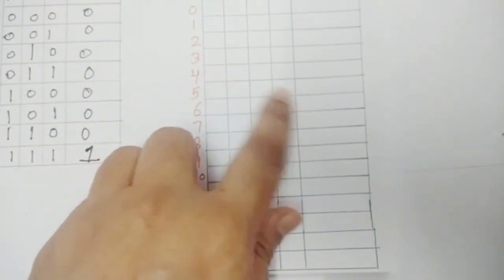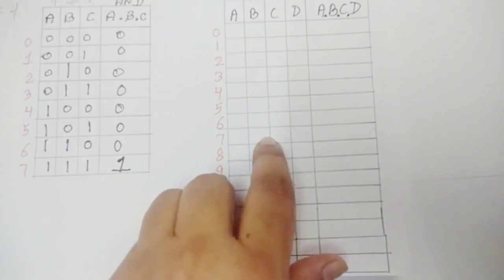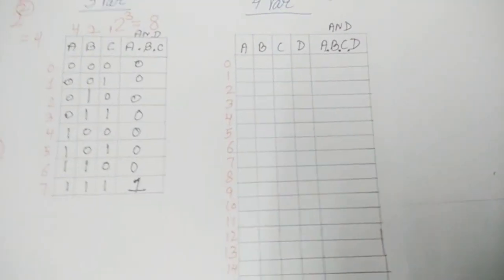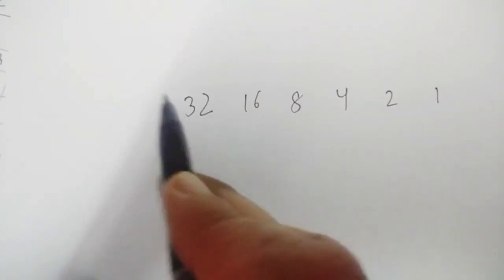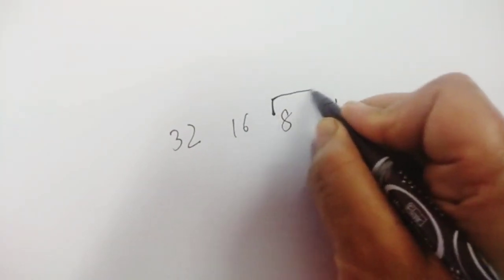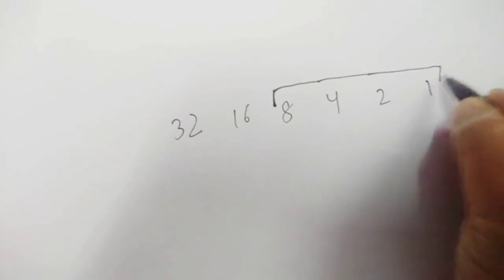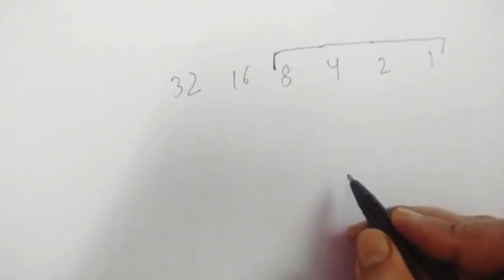Now for the drawing of this, so that no value is repeated, you calculate the same way. Again, the powers of 2 I have taken: 1, 2, 4, 8, 16, 32, 64, like this. But now, how many variables are we drawing? We are drawing only 4 variables. So we will pick only the first 4 powers: 1, 2, 4, 8.